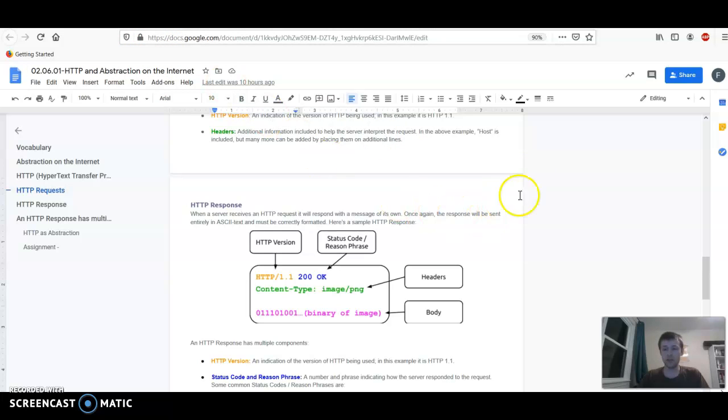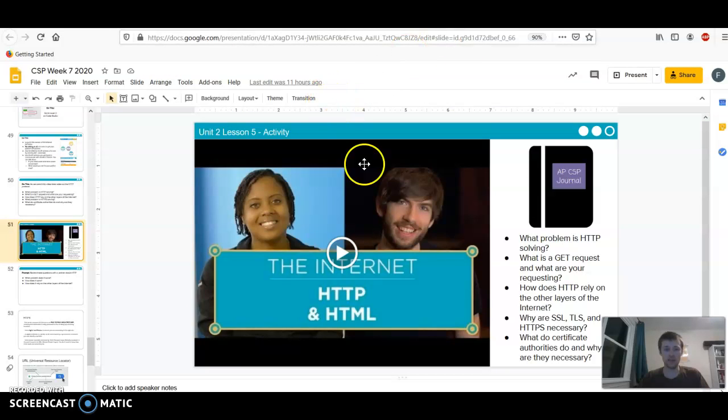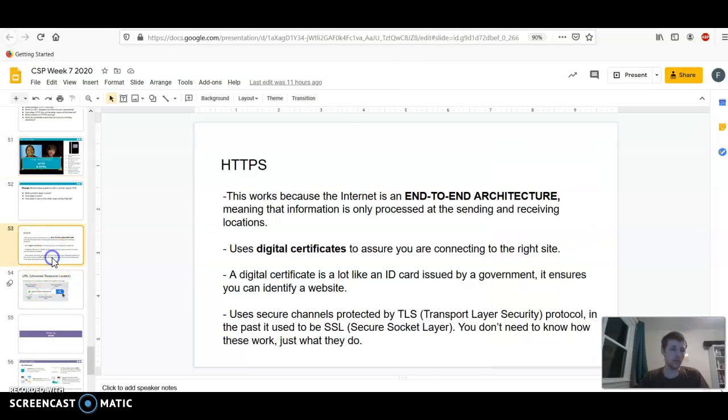Also, there is something called a security certificate, which each website that uses HTTPS has. And sometimes you might get a warning saying the security certificate is expired. If you get that, then you probably shouldn't go to that website because it means that you cannot be sure that they are who they claim they are. Again, all of this is recapped in this video right here, so I highly recommend you please go and check that out. All right, moving forward,